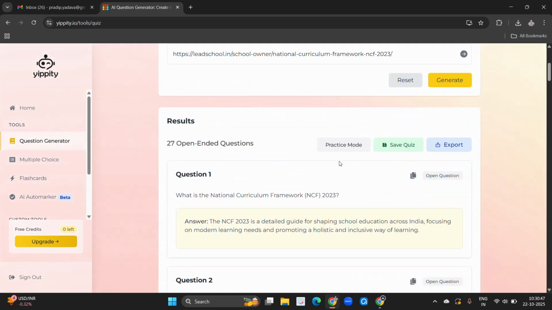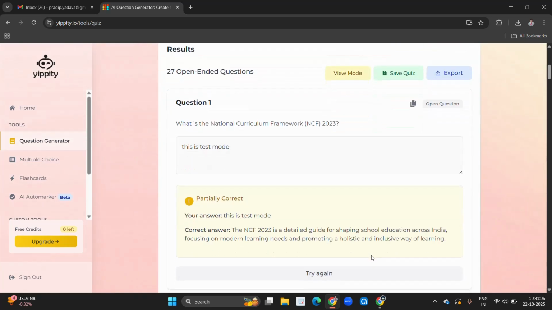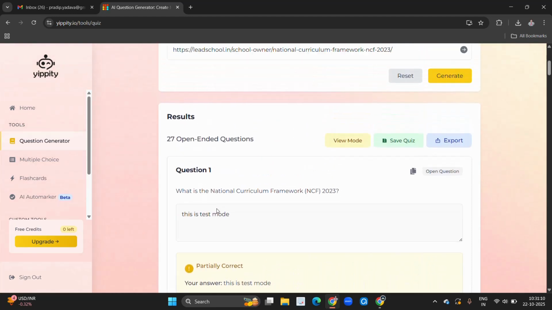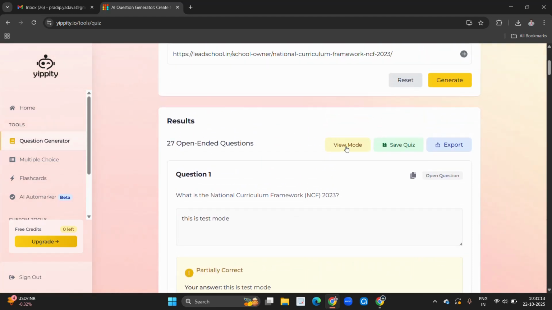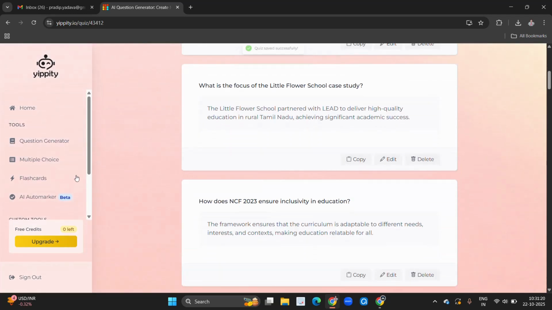Now here also you can see practice mode. So if you want to practice, here you can write your answer and also you can check. So I have answered, this is test mode. Okay, check the answer. This is test mode. So this is partially correct, not correct. Okay, and here you can see the view mode. If you want to save this quiz, you can save here.